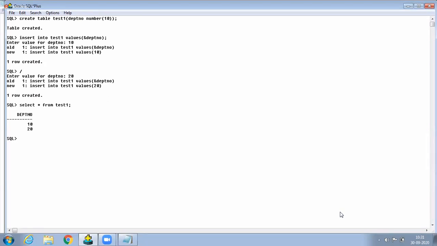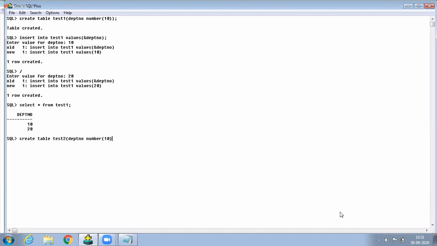Again I am taking another table. Create table test2, I am creating. Slowly observe here. I am using the same column, and in future a different column also. First time, same column only.